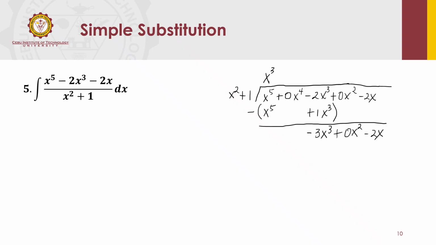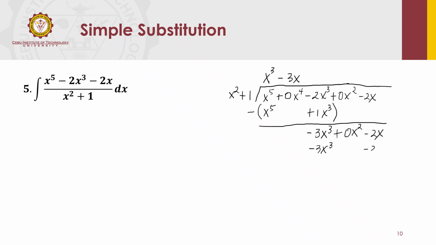And then repeat the process until the last power of x here is already less than the highest power of x in your divisor. So we need to continue, and we can still divide x cubed by x squared. So that's minus 3x, right? Negative 3x cubed over x squared, so that's negative 3x. You can put the result here above the 2x cubed. So again, repeat, multiply negative 3x to x squared plus 1. So that's negative 3x cubed minus 3x.